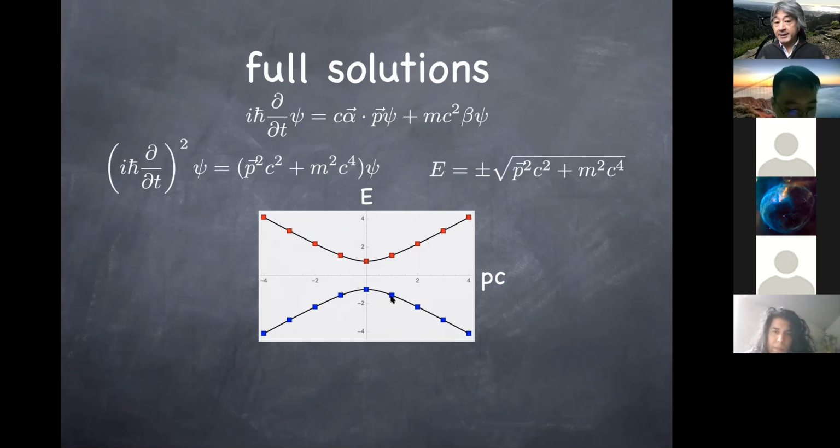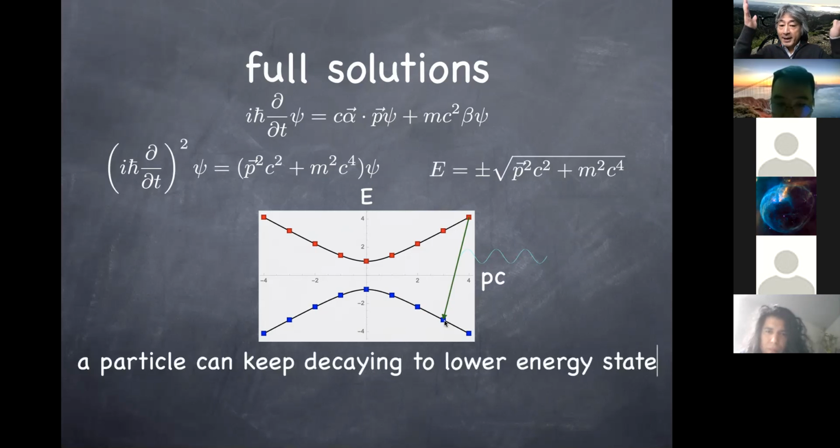And this is also the case in, let's say, the hydrogen atom. Suppose you have a positive energy solution of an electron in a hydrogen atom. But then that electron can emit a photon and go to a lower energy state, which you have computed in the case of a hydrogen atom from 2p to 1s. But even the 1s state can further decay into a negative energy state. And you find every state of the hydrogen atom is unstable. So then you don't find a ground state. The particle can keep decaying to lower energy states, and you don't have a well-defined ground state of the system. That would be a problem.